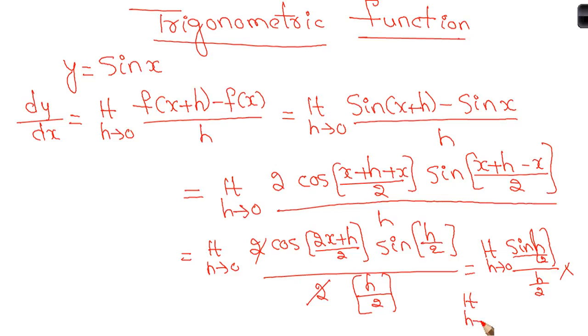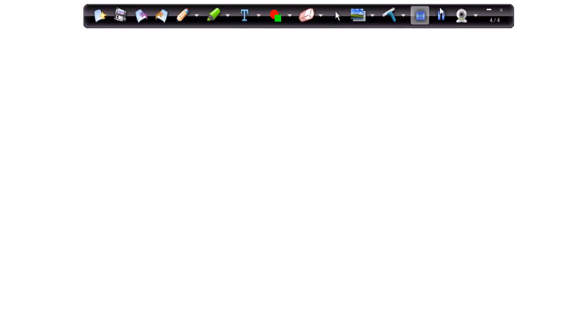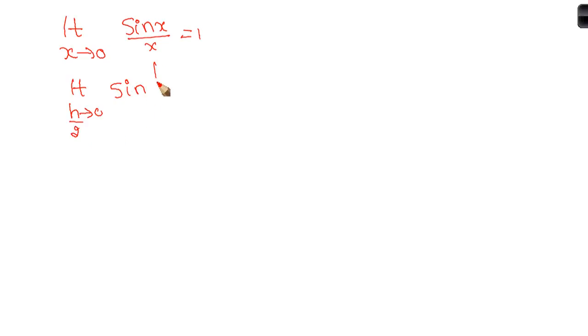into limit h tends to 0 cos of (2x plus h) by 2. We have learned in limits, limit x tends to 0, sin x by x is 1. Similarly, here, if h tends to 0, definitely h by 2 also tends to 0. Limit h by 2 tends to 0, sin of h by 2 by h by 2